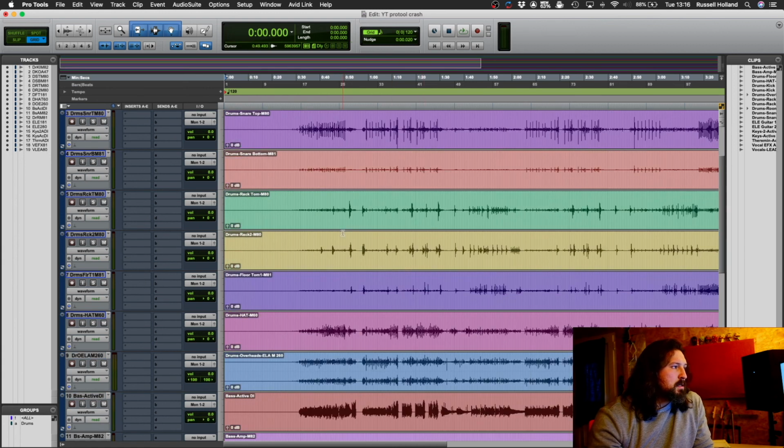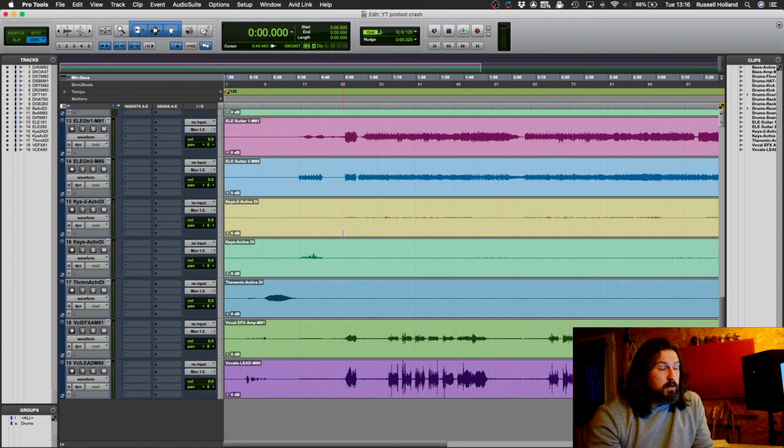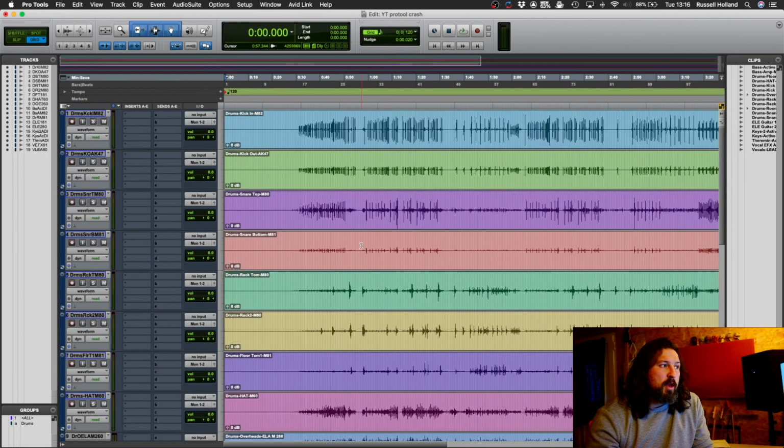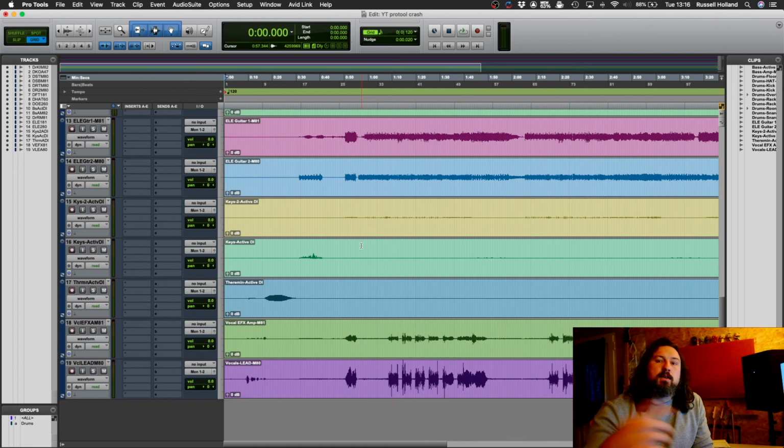all of the tracks. Like I said before, there's nothing else on here. I've done no mixing of any kind. All I've done is drop the tracks in. But you can see it has pulled in my groups at the bottom, which is very useful. There we go. So that is how to pull in information to a new session from a backup when Pro